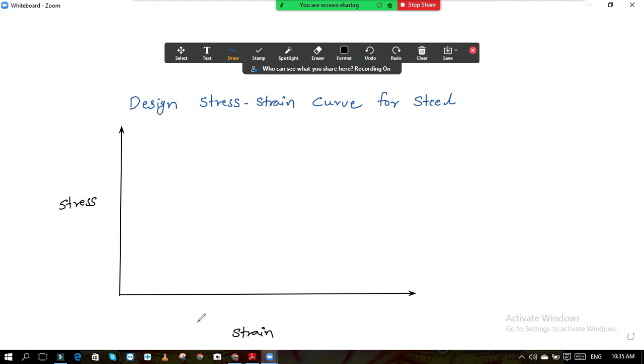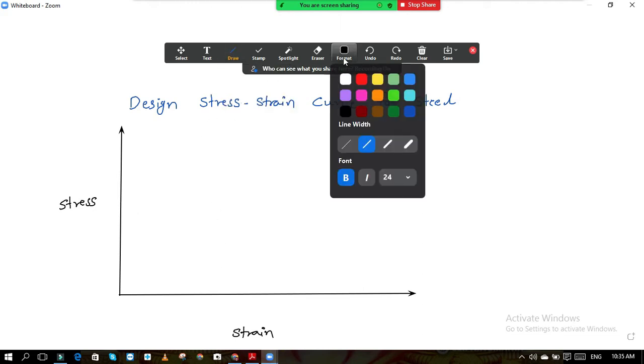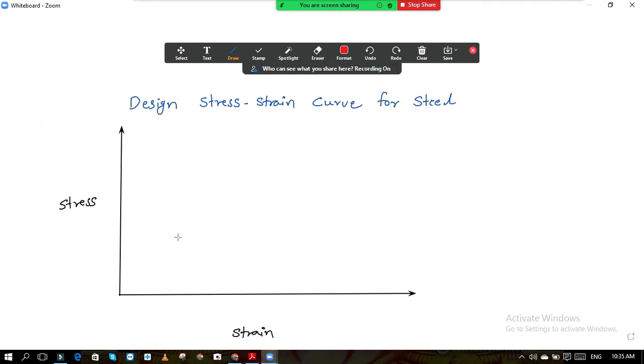Now if we draw the curve, first we will draw the characteristic curve, the failure curve, how it fails. So the characteristic curve, if we draw, will be like this. First, it is linear. Stress is directly proportional to the strain up to here, and after that this curve is straight. Here it is the straight line. So this is the characteristic curve for mild steel.